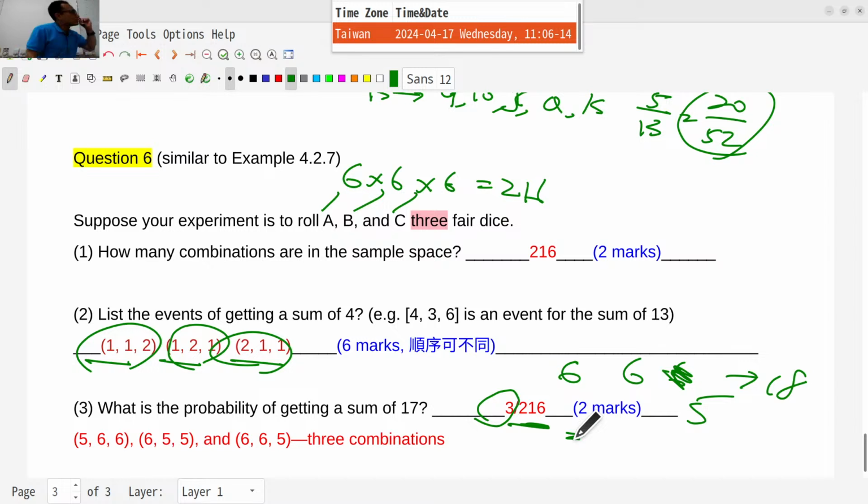I think some of you gave a different answer, but I think this one is okay. So far, any question? No? Okay, have